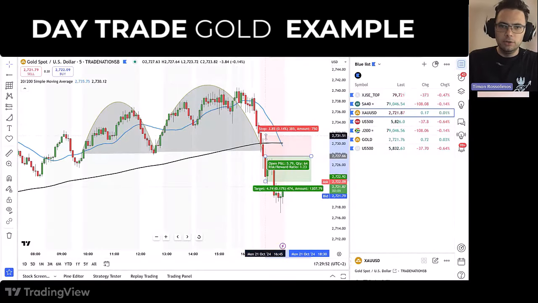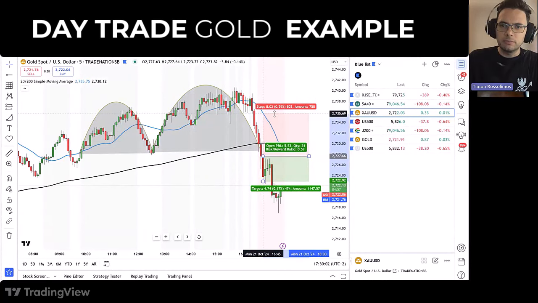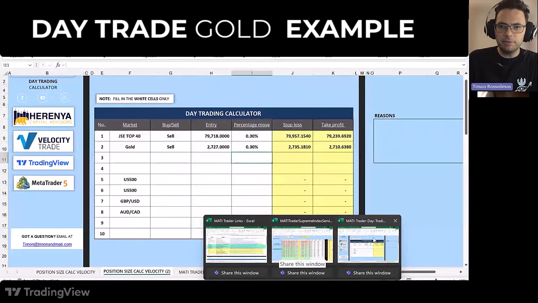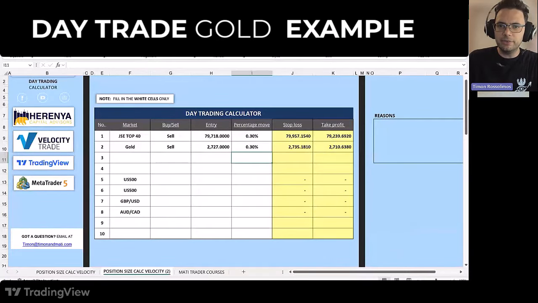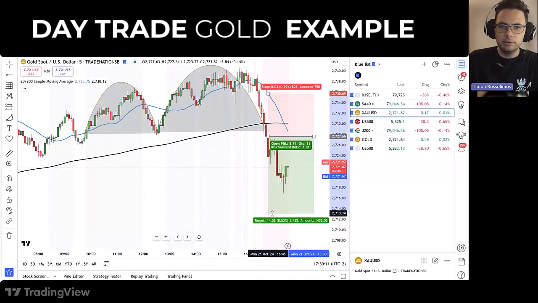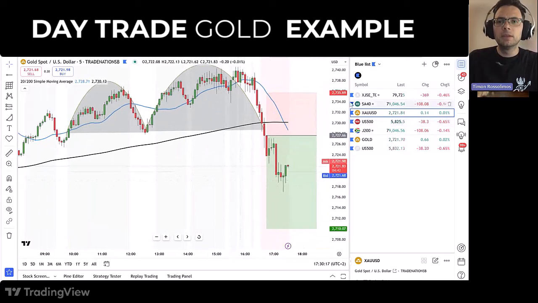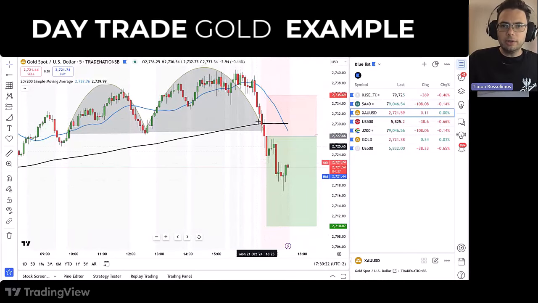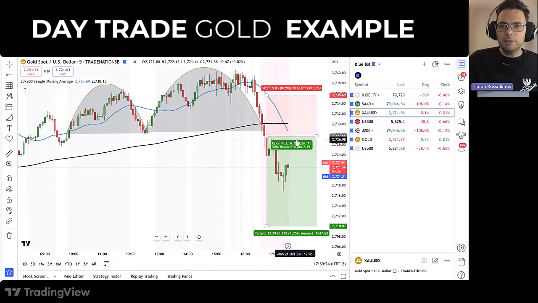2735, and the take profit is 2710. So 2710, more or less. Okay, very close to that $10 mark, but because gold has come down, the value of